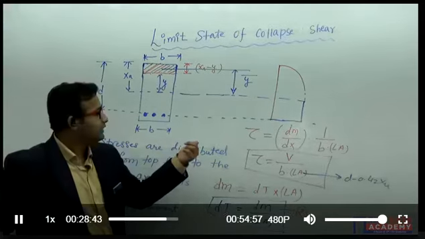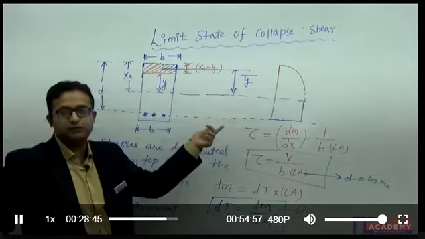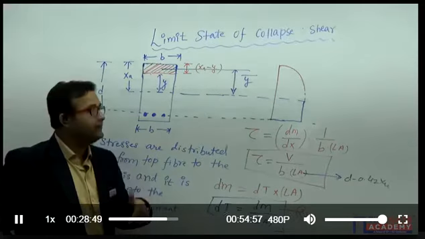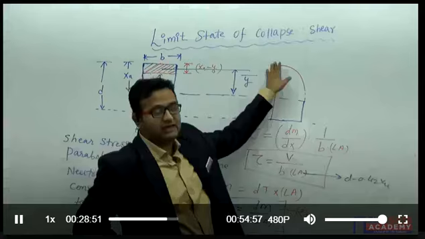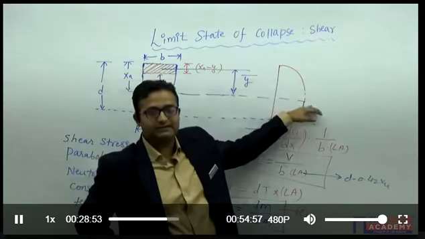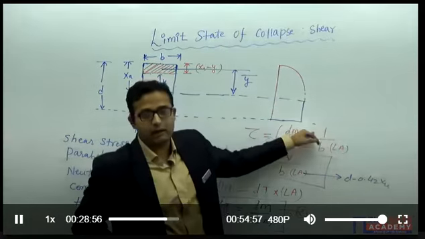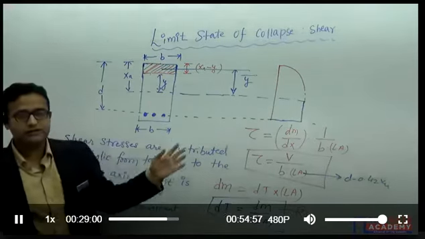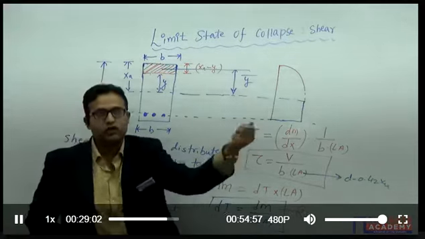I will show you. There they have asked what is the distribution of shear stresses across the depth of the beam. So the answer should be, it varies parabolically from top fiber to the neutral axis, and then it remains constant up to the tensile reinforcement. Fine. So this was asked in GATE 2004 or 5.